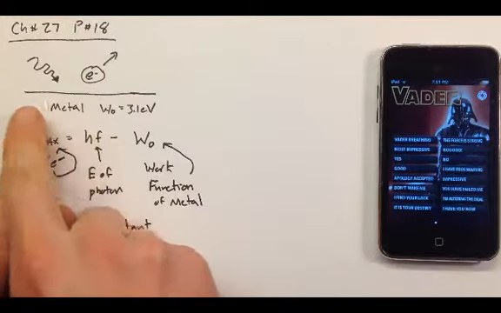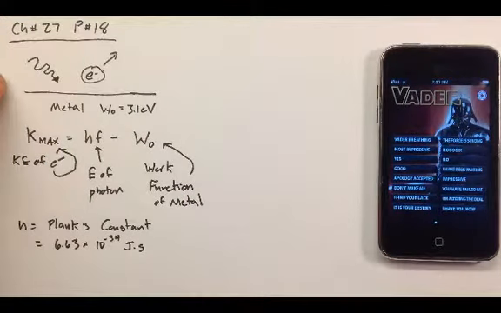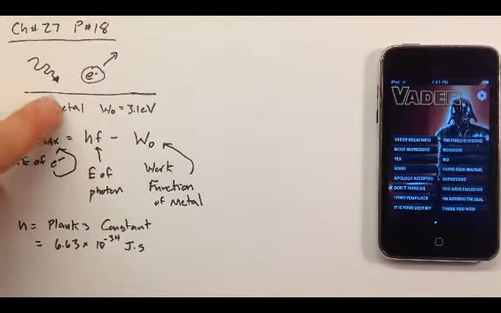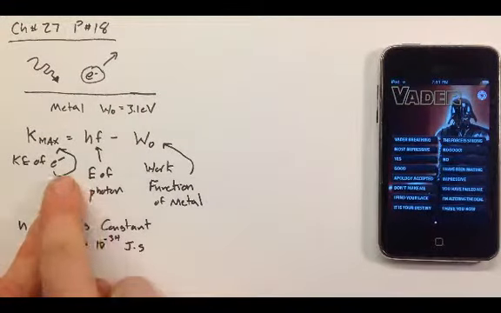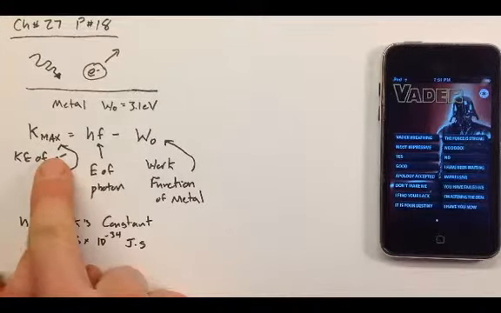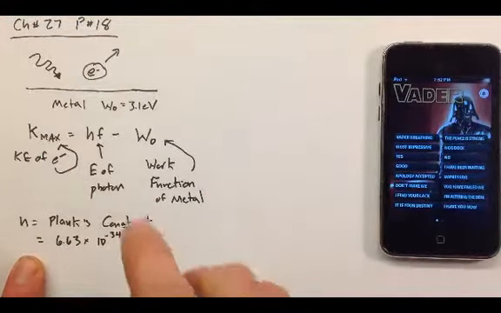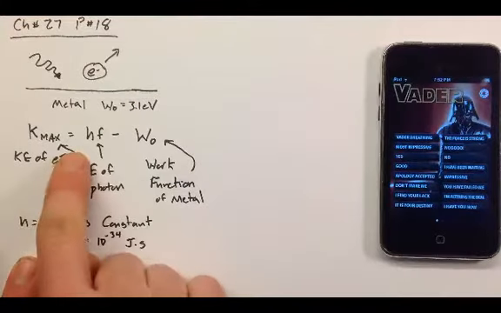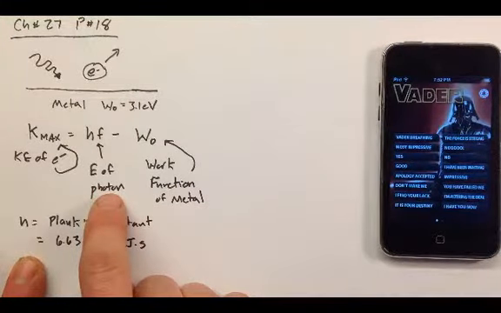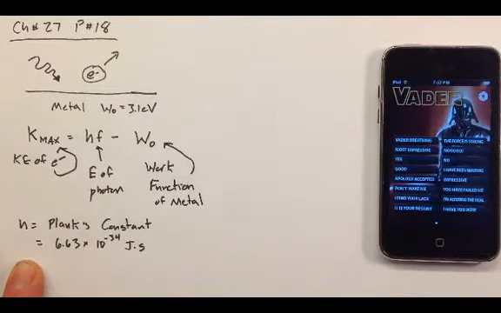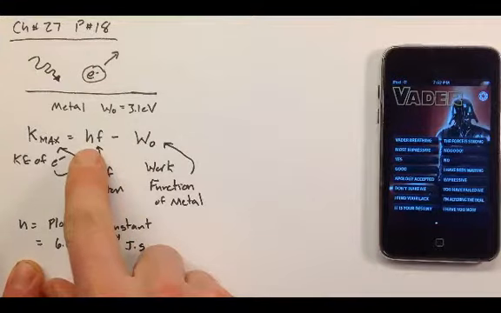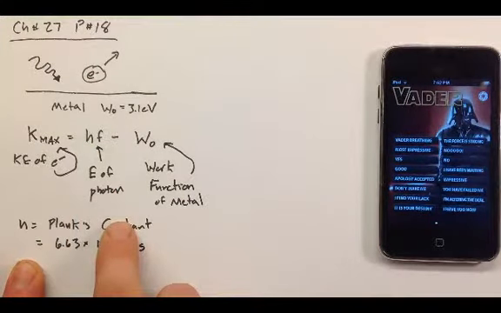So in the photoelectric effect, I have a metal. Usually it's a metal. And a photon comes in, hits the metal, and removes an electron. This is the equation here. K max, the maximum kinetic energy at which the electron is removed, is equal to the energy of the incoming photon. Remember, Planck's quantum hypothesis said that energy of light photons is quantized, and it's equal to Planck's constant times the frequency of the photon,